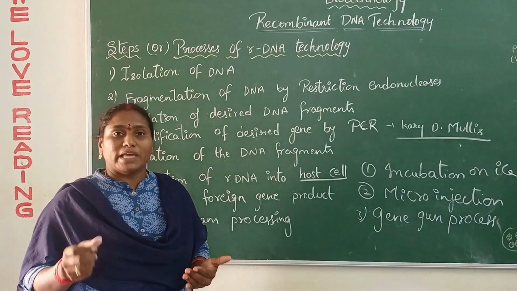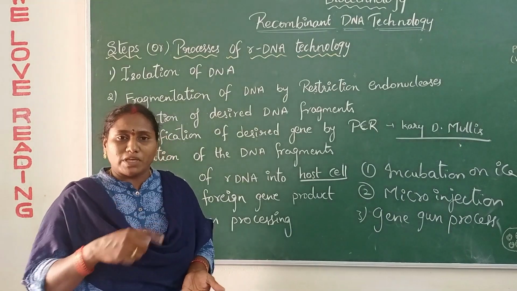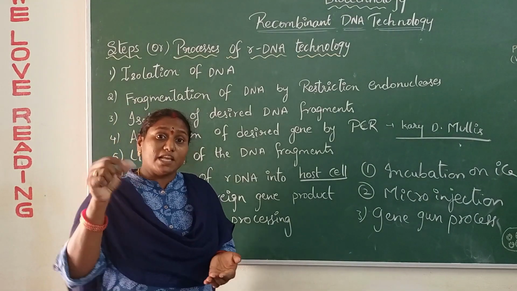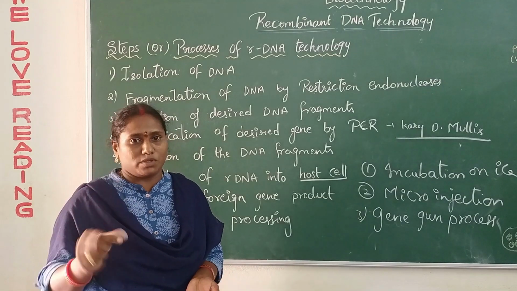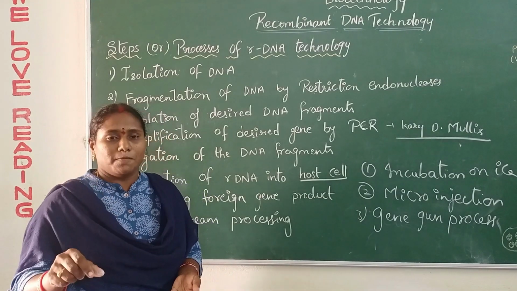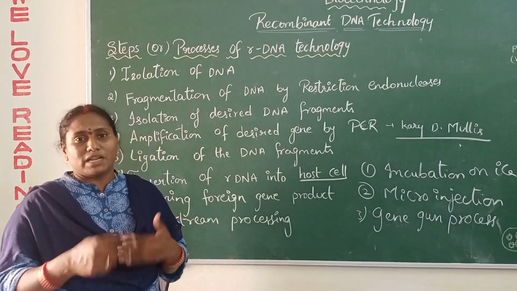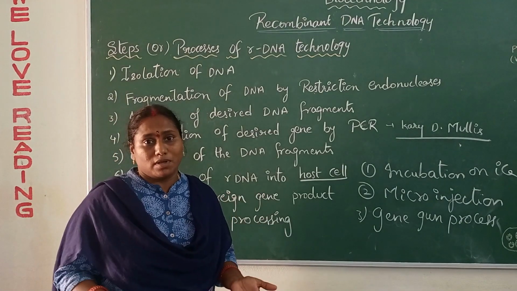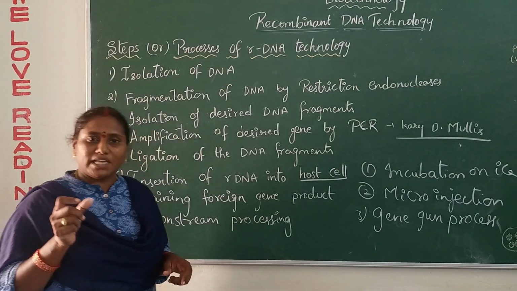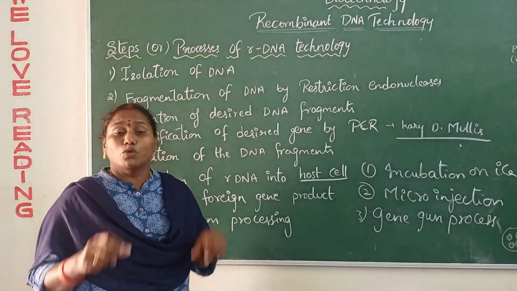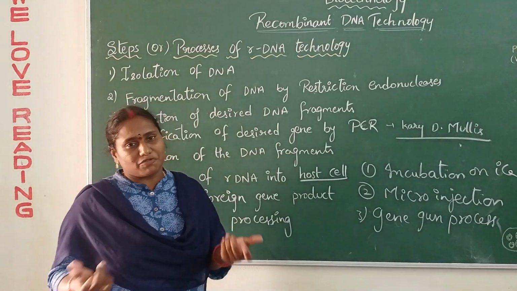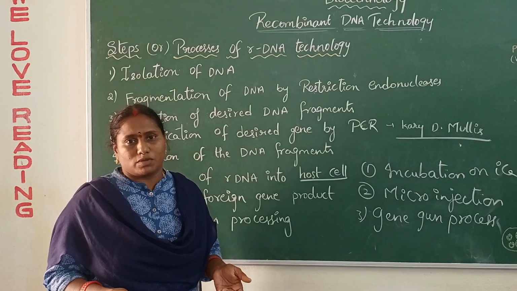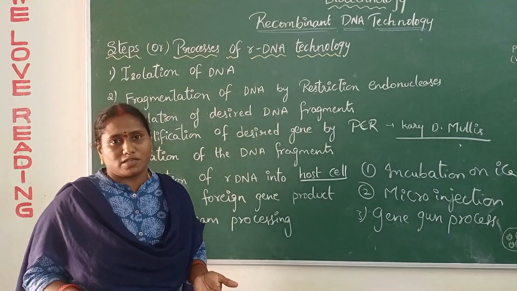To multiply, we have to place it in a medium. We said that agarose gel medium is there. We are placing these E. coli cells, that is, the recombinant DNA-containing E. coli cells, on this agarose gel. In this gel, these bacteria will undergo cell division and develop so many copies of recombinant DNA molecules. The E. coli cells which have the recombinant DNA will survive. Those which don't have a recombinant DNA will definitely die. So we are producing large copies of DNA molecules, but it is not enough to produce antibiotics or any other things.